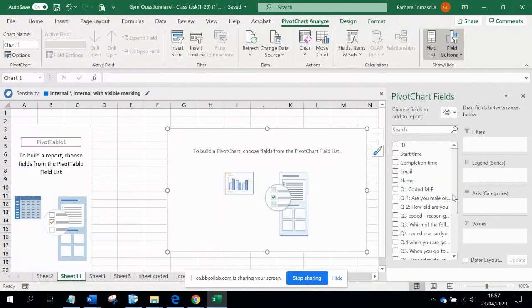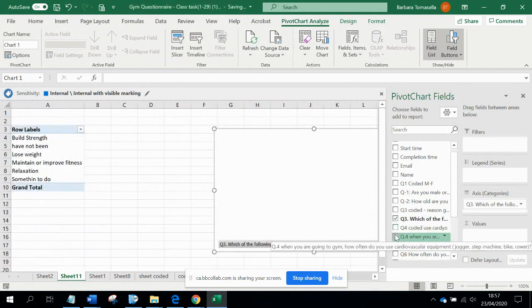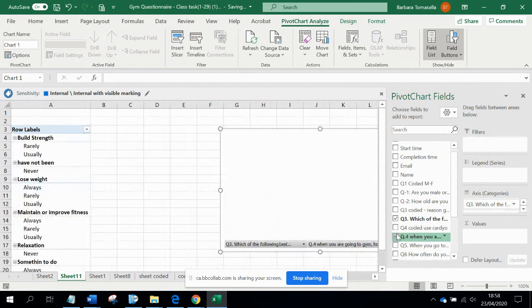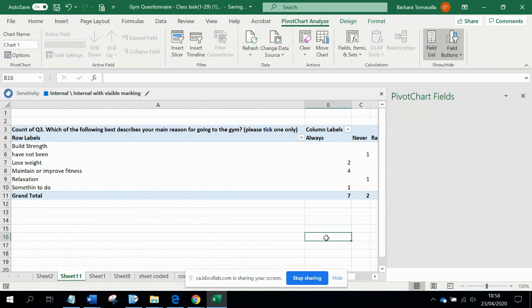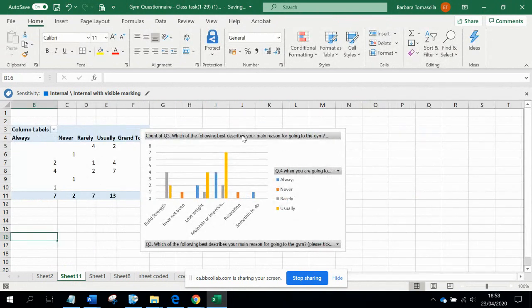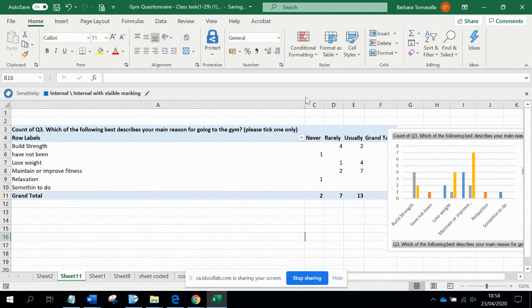And basically here you choose how to plot the two variables against each other to see if they are somehow correlated. You normally do it against the actual variable, so Q3, for example, as the x-axis against Q4. I'm going to actually drop it here. And then the sum of value is the sum of Q3. So as you can see, the result is it basically gives us a summary of